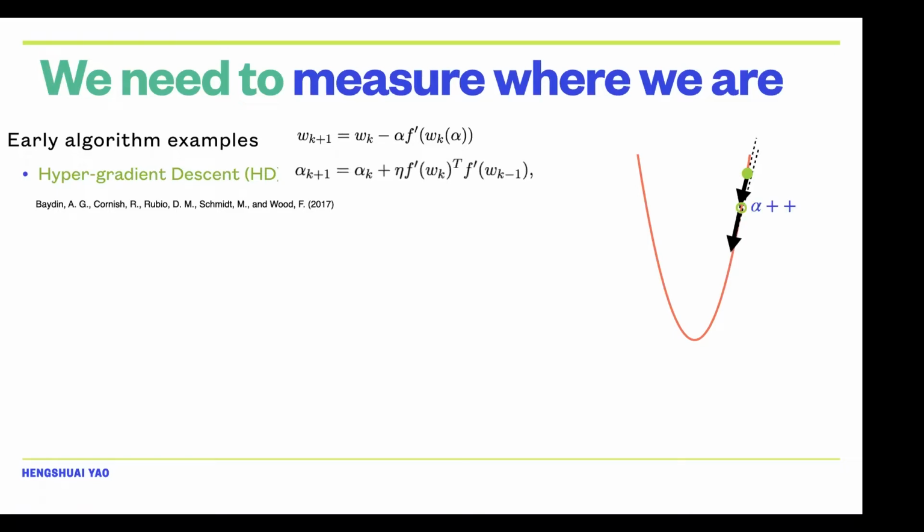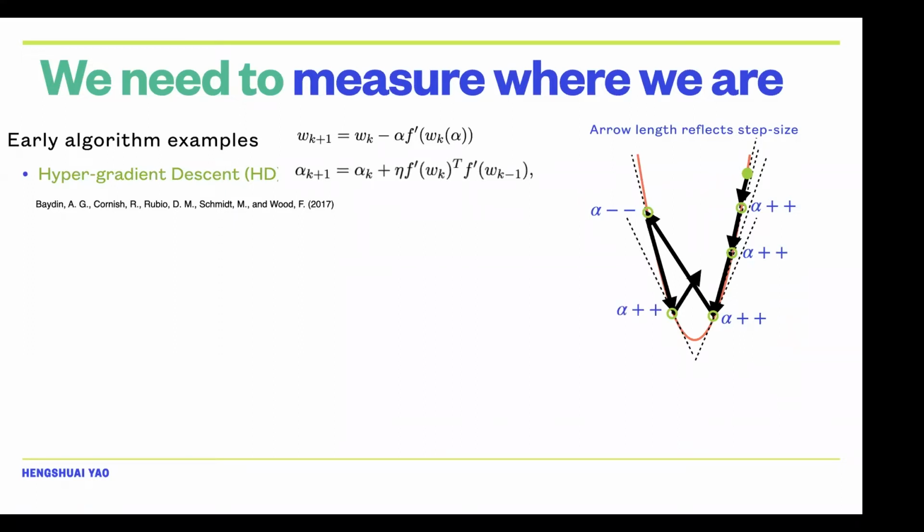We're going to do this a few times until we shoot to the other side. We go there, we take the gradient. Right now, the gradient direction is at an obtuse angle to the last gradient. So the step size decreases, the arrow becomes shorter, and we are there. Take the gradient again. This is a positive correlation, so the step size increases, and we go to the other side. So this is the dynamics of